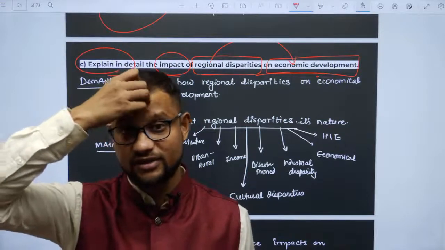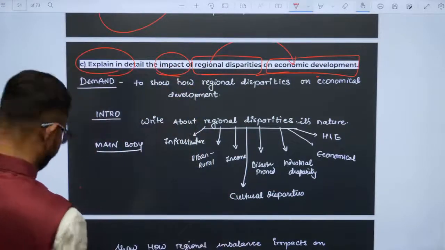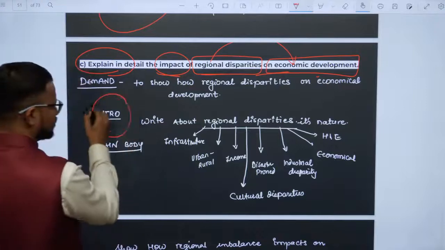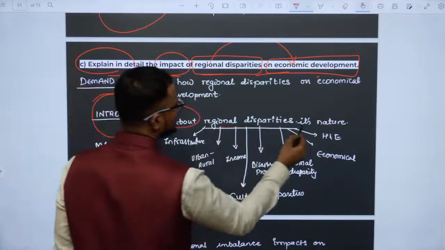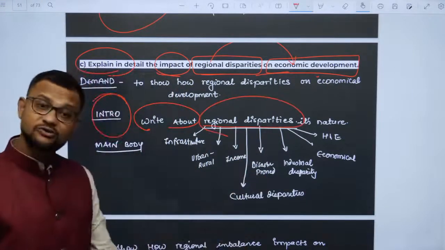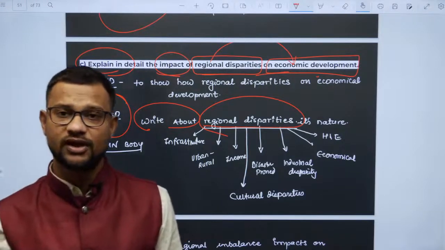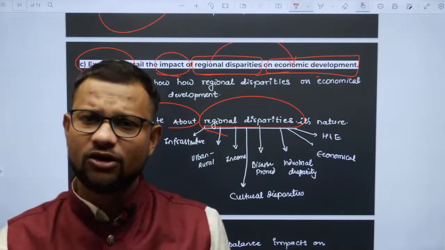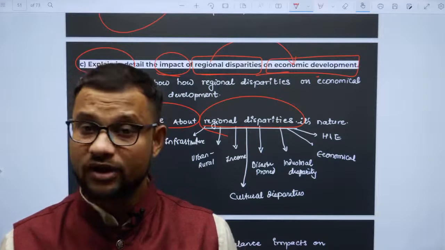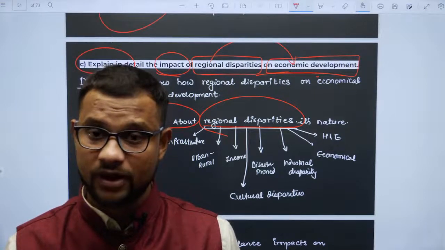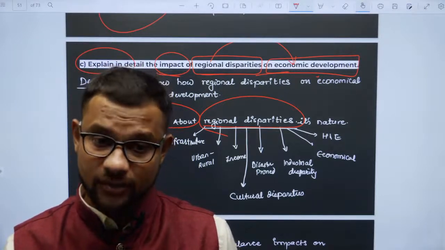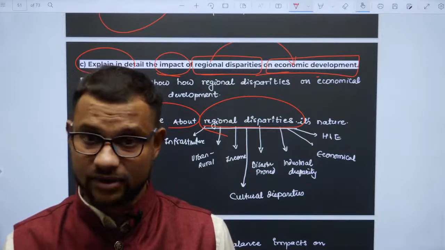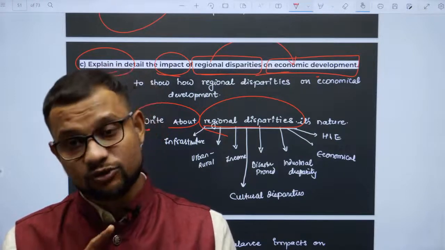So if you prepare that way, in that particular approach, you are already done enough. Are you getting this, right, guys? So this way, introduction, write about regional disparities. तो अब रीजनल डिस्पैरिटीज क्या क्या किस सेंस में हो सकती है? इज इट ओनली इन टर्म्स ऑफ इकोनॉमिक डेवलपमेंट? नो, रीजनल डिस्पैरिटी इज ऑल्सो इन टर्म्स ऑफ इंफ्रास्ट्रक्चर डेवलपमेंट, इंडस्ट्रियल डेवलपमेंट, क्लाइमेटिक डेवलपमेंट है, इट मे बी ऑल्सो इन टर्म्स ऑफ